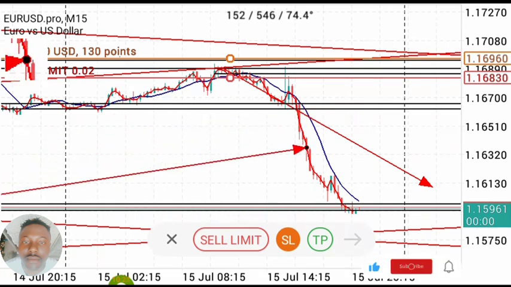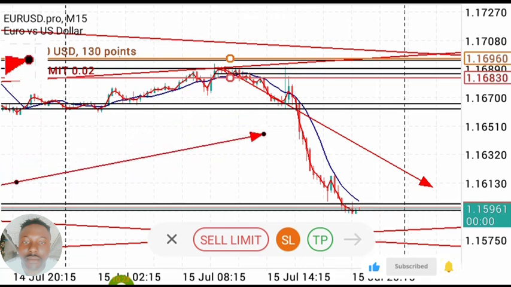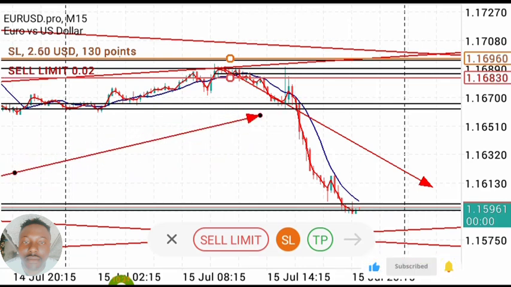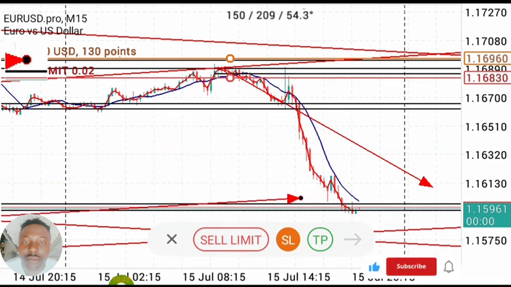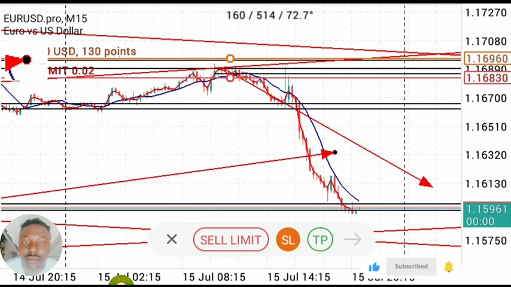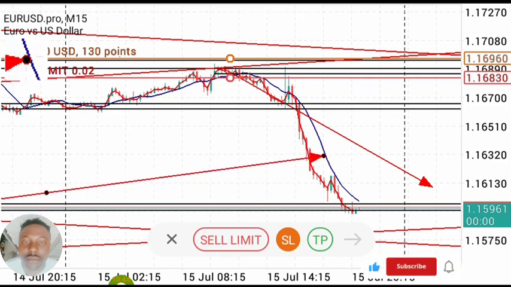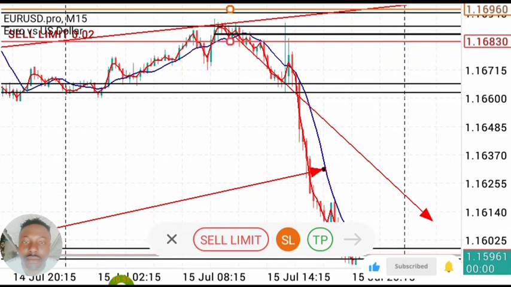I was actually targeting this point, but because of this minor support level, because most times price can just come to your minor support level, and there might be some fundamental that will just push the price to react at that particular level. So what I did, I entered the trade here, and I put my take profit here. I was in profit to this point, so as price gets to this point, I'm supposed to allow this trade to run, but I closed the trade because it was too much emotion,